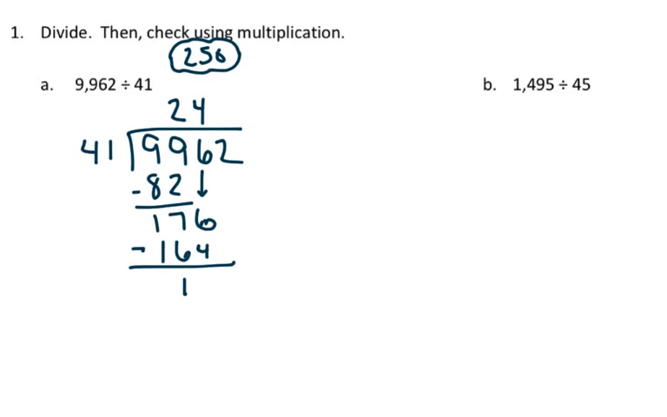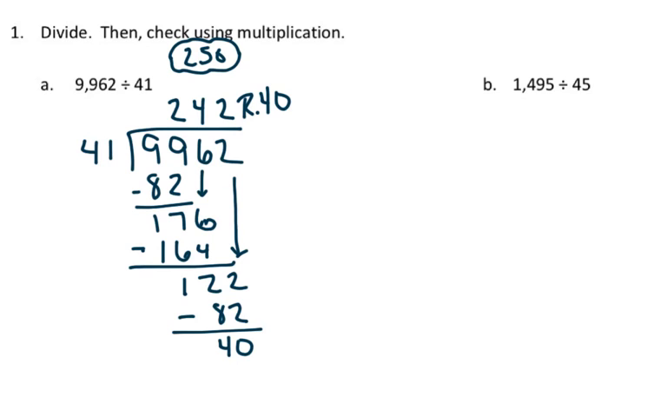And the difference, 122, bringing my 2 down, so my answer is 242 with a remainder of 40. The complexity that's been building in each of the lessons is our quotients. So now we're having 3 digits in our quotients instead of 1 or just 2. We're still doing the check the same way. So we have